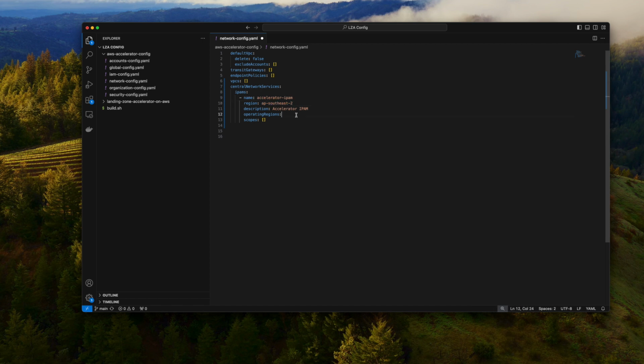Now we can go and configure some IP pools. For the first one, we want to create the base pool. So we'll give this one a name as well, and a description. Now we want to provide a CIDR range for our IP pool. So we'll just use, let's say,